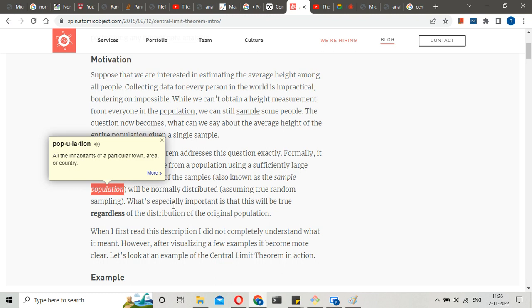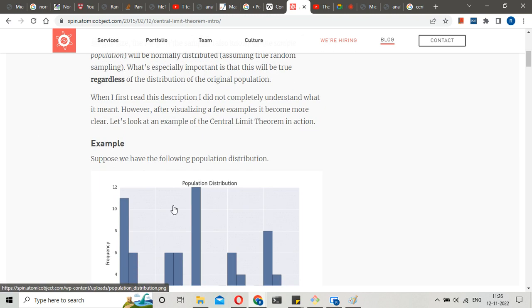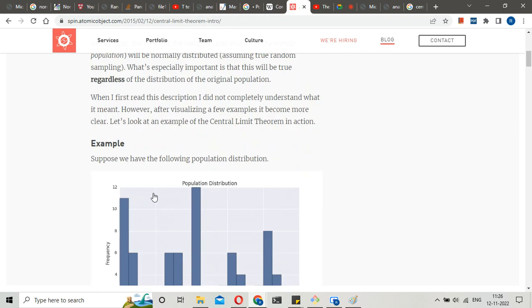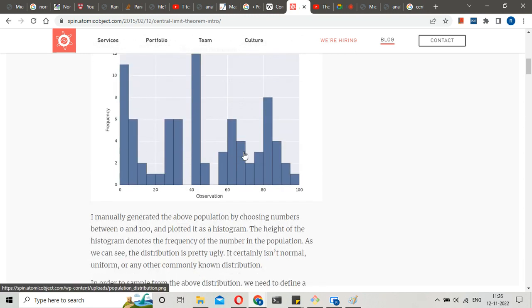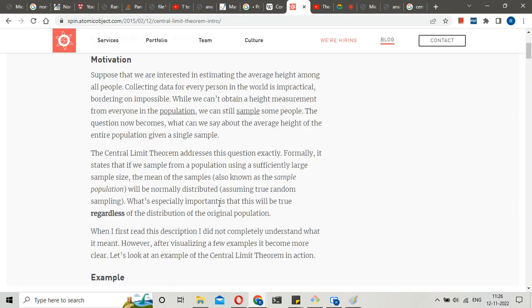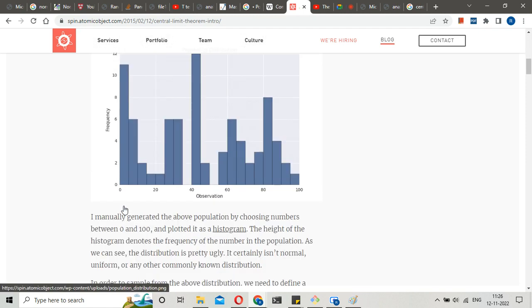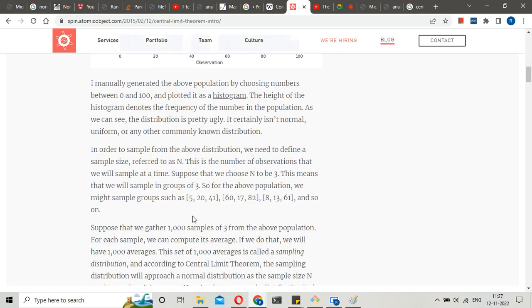What you can do is, instead of taking 1000 people, we will do this. Suppose we have a population distribution like this. Suppose we are estimating height, and we found that these many people have zero height, because some people are very tall. Why will the distribution come out like this?